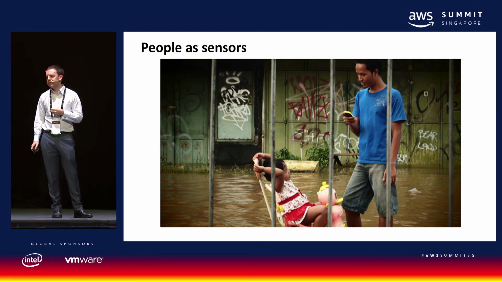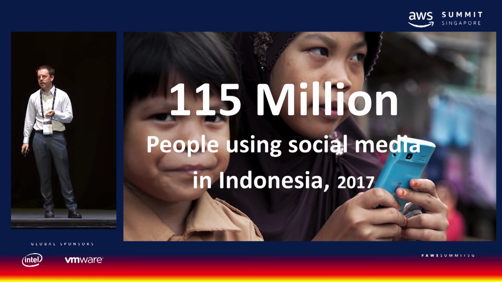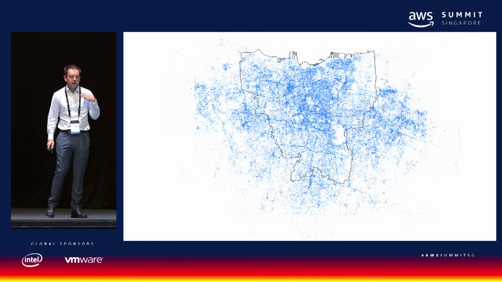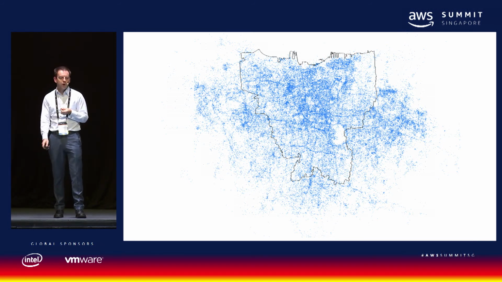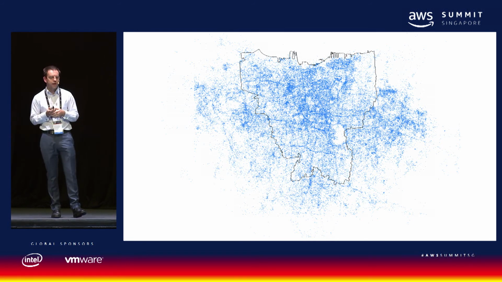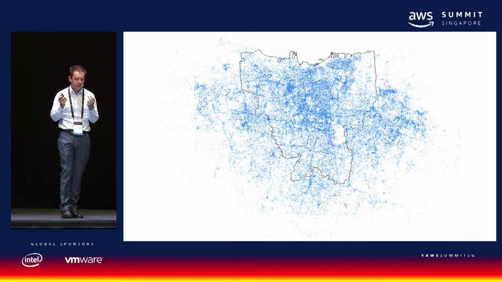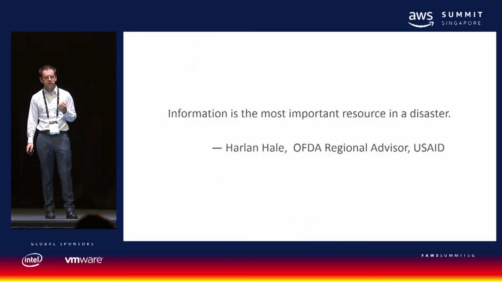We started with the observation that people were already communicating and tweeting and Facebooking about these flooding events. There are 115 million people using social media in Indonesia, and as mentioned, there's a lot of mobile use there. This map shows some data from the 2013-14 monsoon, where we went through all of the public tweets and plotted the flood locations. In particular sections, you can even start to make out where there's lots of flooding along some of the waterways and canals. So we decided to tap into this as a source of information